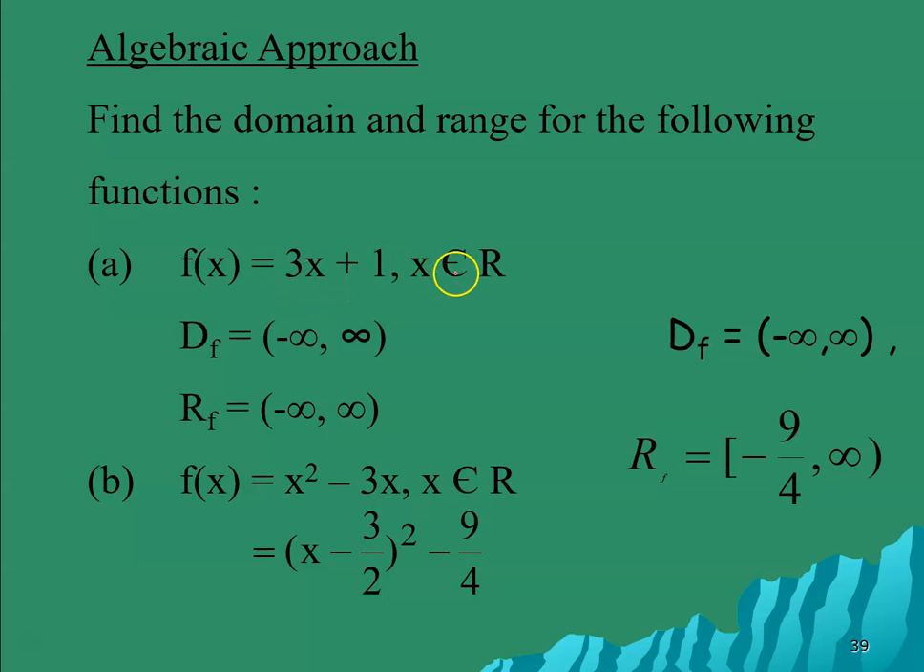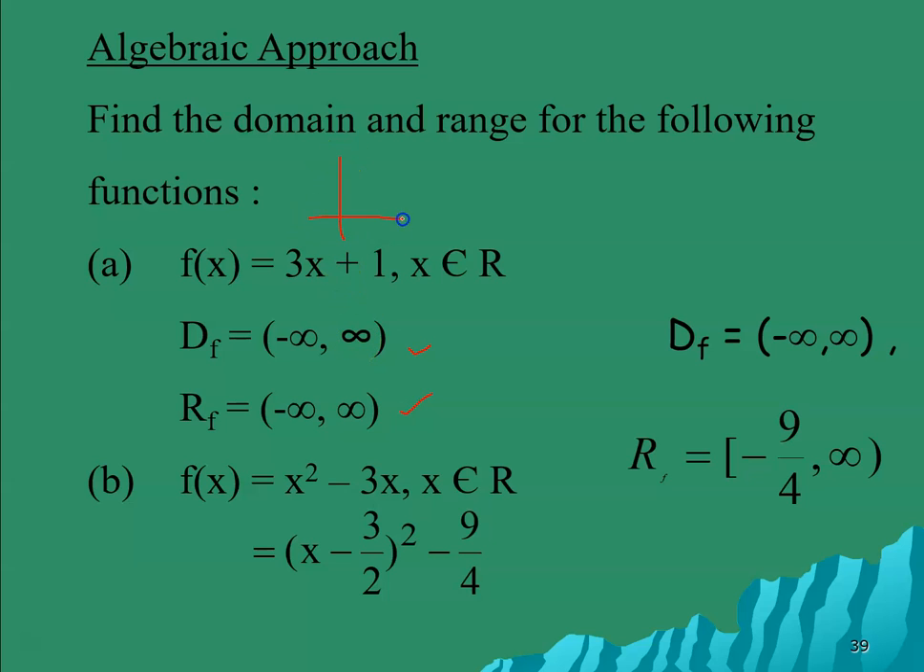where x is an element of R, real numbers. So the domain, if you see a linear function like this, you know that the domain will be negative infinity until positive infinity, as well as the range. This one is the easiest, paling senang kalau you ada linear function. So the domain and range, you can simply letak negative infinity until positive infinity, because if you draw